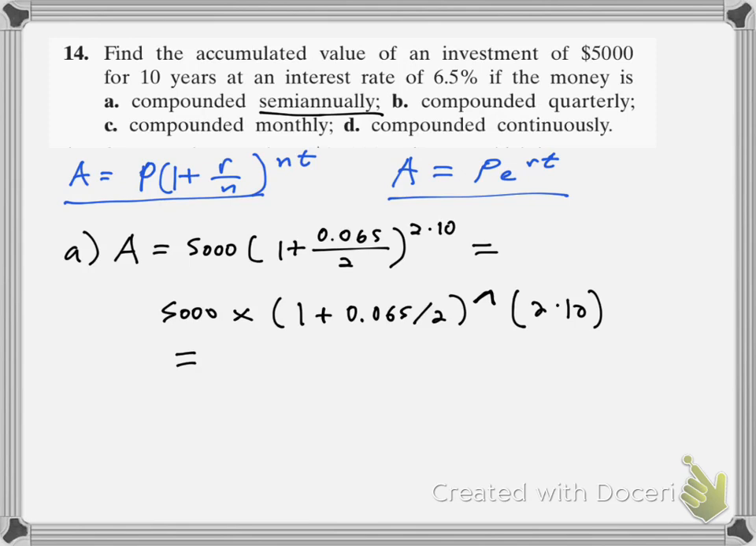And it looks like for that I get 9479.19 rounded to the nearest cent. Okay,